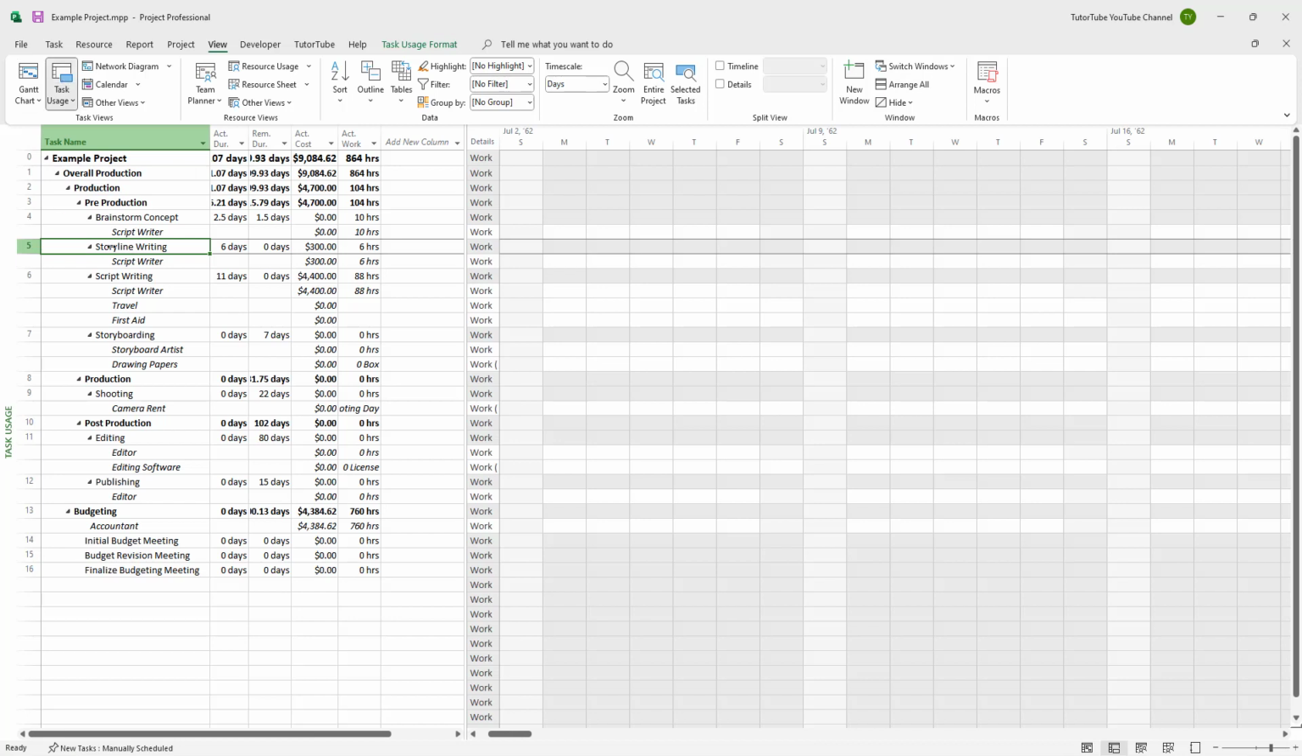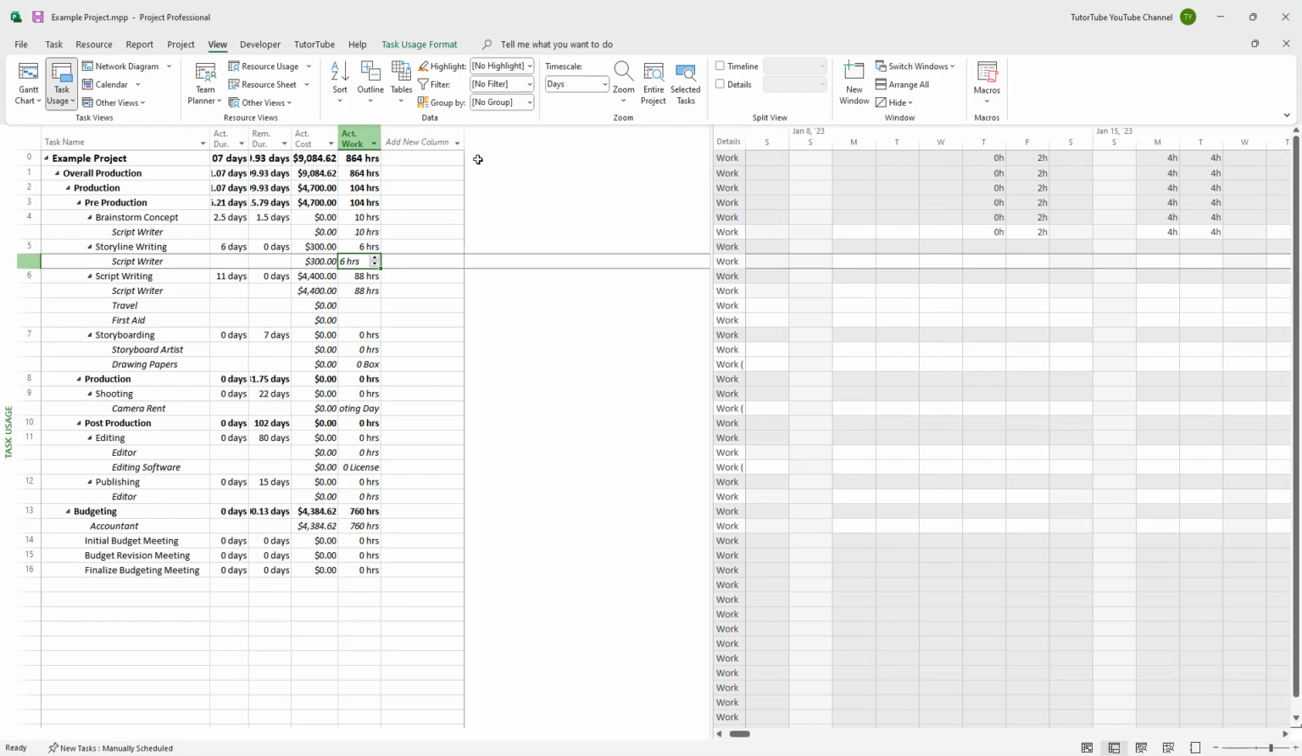Once you do that, over here you can see that there's the brainstorming concept and everything else right here. And you can see that script writer is assigned to those as well. So over here you can see that these are the actual work hours right here. For example, there are 6 hours of work assigned to the script writer. So what you can do over here is add in a column to assign overtime